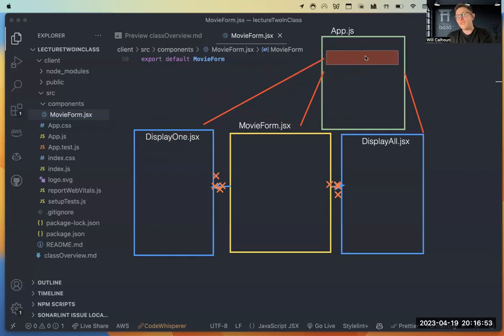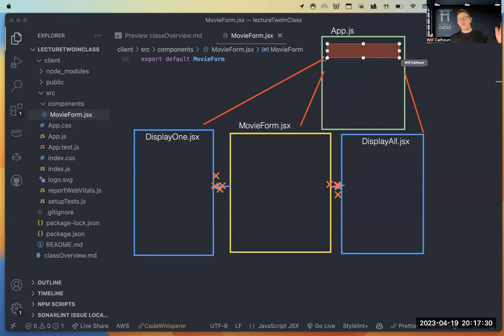So what we have to do is we have to lift state to the parent element. And then once the parent element has it, now we can disperse state throughout all of its children, and then its children's children, et cetera. Does anybody know, just off the top of our head, on what we've learned so far, if I am passing some state to a child, what could I use to do that? Props. Yeah, props, exactly, right? We can pass through props. We can pass in some information from my app.js.